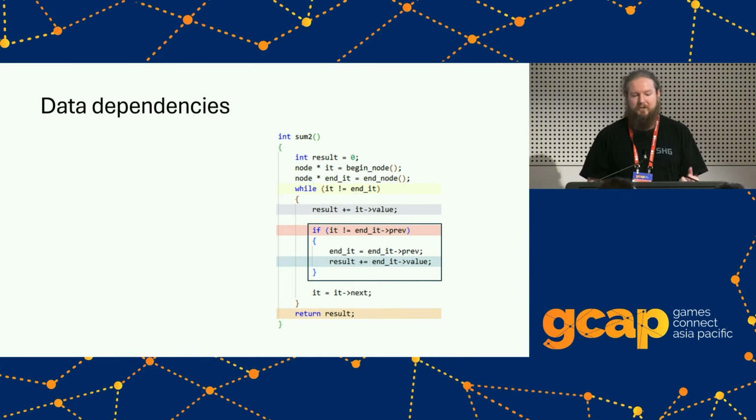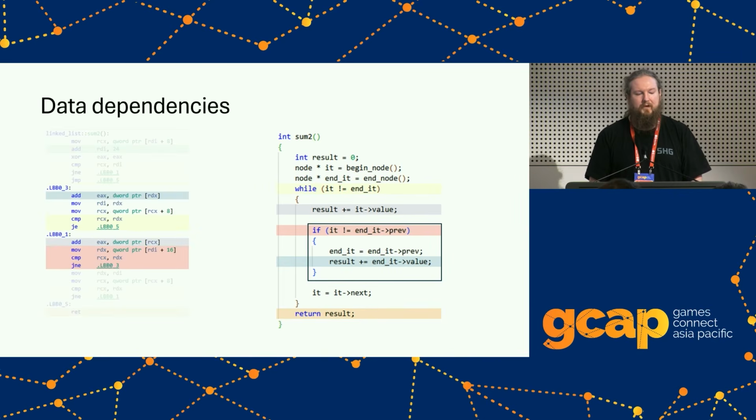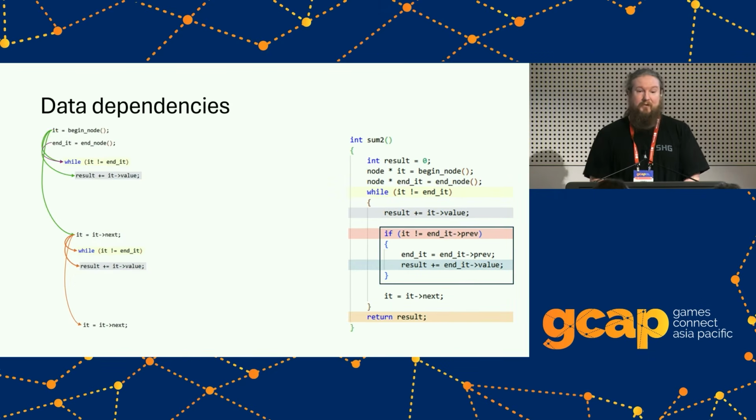And so I'll add this little bit of code here where if I'm not at the end, then I'll move in one from the end and I'll add that result in there. And the code for it is just a few extra instructions. The first bit of that code is actually the end iterator part. The second bit is the forward iterator part. But if we look at the dependencies of that, we haven't changed any of the dependencies of the initial code except for one little bit in there, which is that while loop.